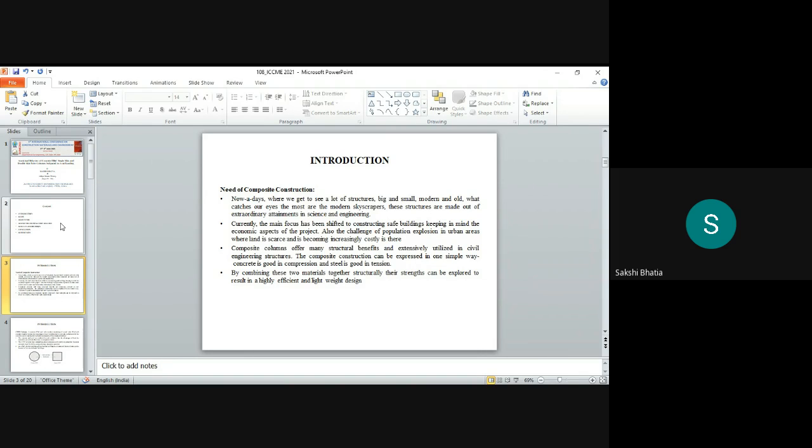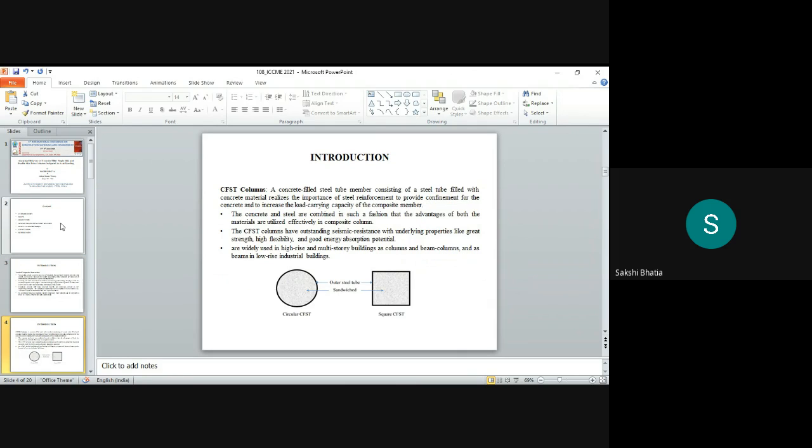As we know, steel is good in tension and concrete is good in compression. The main topic is what are CFST? It means concrete filled single skin tube columns. It consists of a hollow steel tube which is filled with plain concrete or reinforced concrete, and the steel tube present in the CFST provides confinement to the concrete, which helps to increase the load